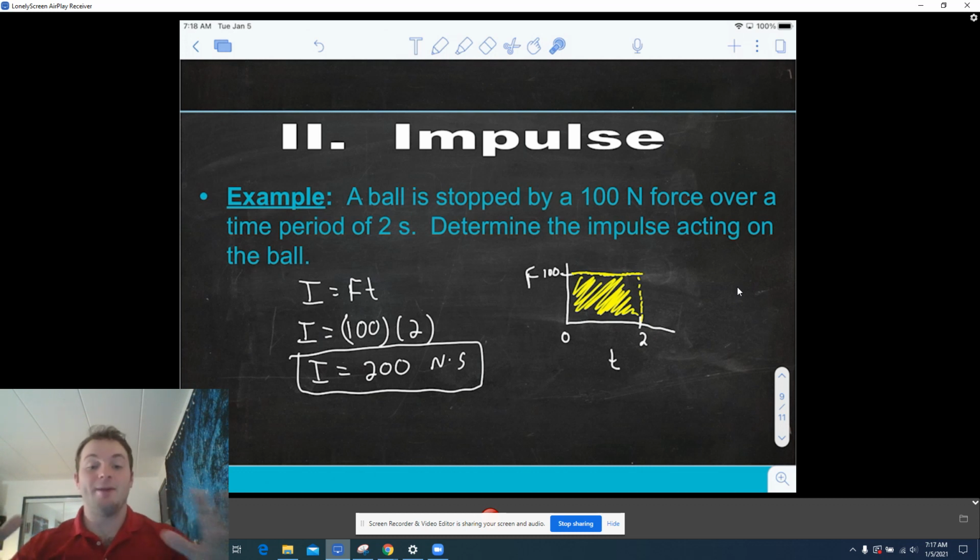So big picture today, momentum, impulse. We had force analysis to study motion. We had energy analysis, and now we have momentum and impulse. We got two new equations, and